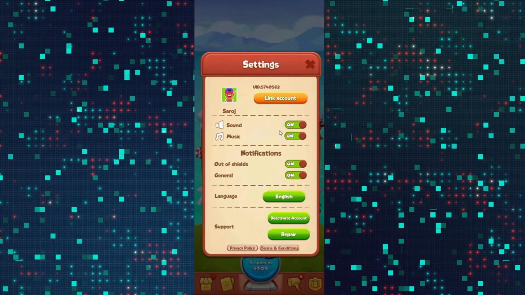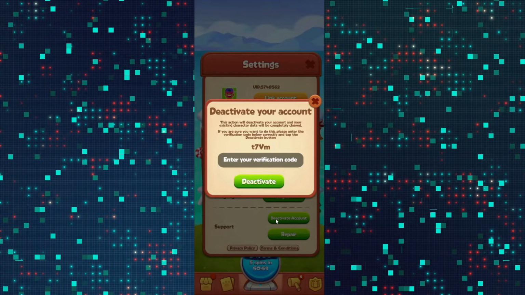Now, from the settings menu, you have various different options, including deactivate account within the support section. Just tap on deactivate account and you will be asked to enter the verification code to confirm your deactivation request. Just type in the verification code that you see within the application dialog box and make sure you type it in a case-sensitive manner. After typing in the case-sensitive verification code, tap on the deactivate button and this will deactivate